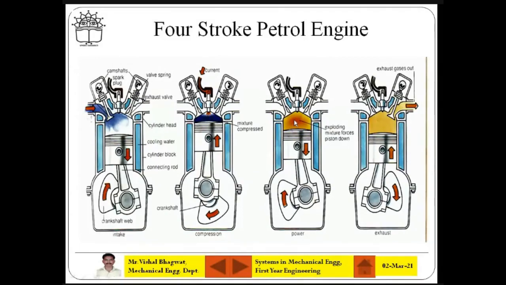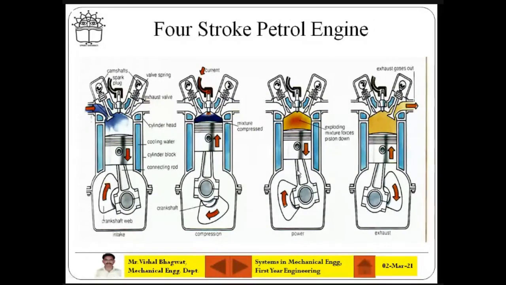This is called the expansion stroke. Literally there is an exploding, bursting. So this is called the expansion stroke. Why? Because those compressed gases, the compressed charge, are expanded by burning. After burning, it will be expanded rapidly, so it is called the expansion stroke. That is also the power stroke, because the piston is rapidly going down, rapidly moving from TDC to BDC.